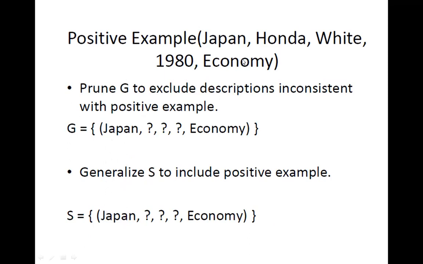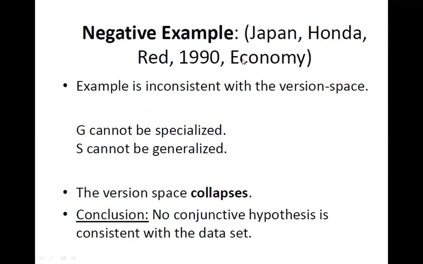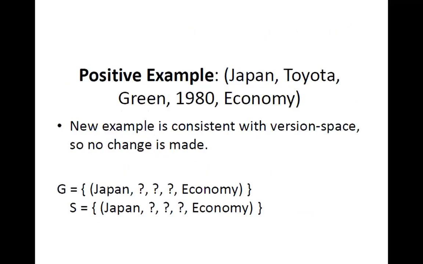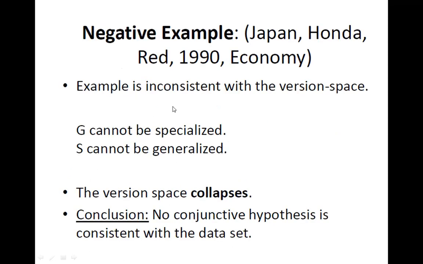We are still in the fifth example. There is one more negative example after this. Okay, so this was positive and one more positive example. So for that, G and S will again remain the same. When we come to one more negative example, see, this negative example is completely inconsistent with all the hypotheses. Completely inconsistent means you cannot apply candidate elimination for this data itself. See, for Find-S also, the last example gave the problem. Here also, when you came to the last example, this algorithm has failed.